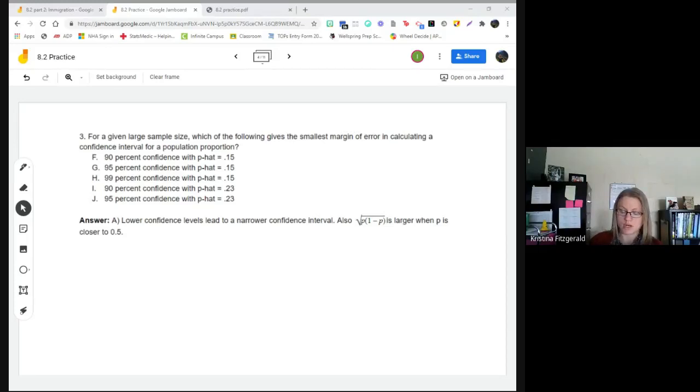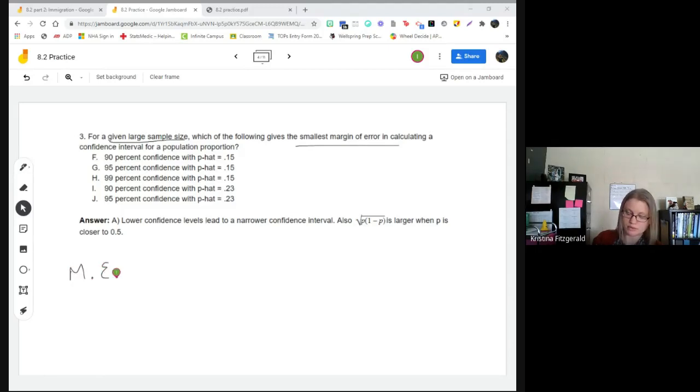So let's take a look at this one. For a large sample size, which of the following gives the smallest margin of error when calculating a confidence interval for a population proportion? So for this one, we want to remember, first of all, what is our margin of